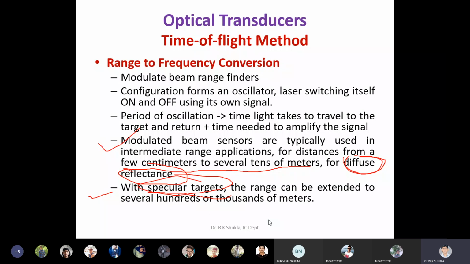Clear? So what happens is, whenever it strikes the target, it gets reflected in various directions, અલગ-અલગ direction માં જશે. So that is called diffuse reflection. And whenever your surface is specular, એકદમ ચળકાટ વાળો સરફેસ હોય, તો તમે જોયું જ છે, ચળકાટ વાળા સરફેસ ઉપર જ્યારે લાઇટ પડે તો એમાંથી એકદમ રિફ્લેક્શન આવે લાઇટનું, બરાબર. At that time whatever reflection you get is called specular reflection.